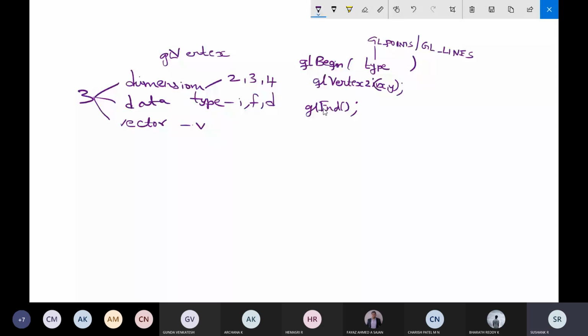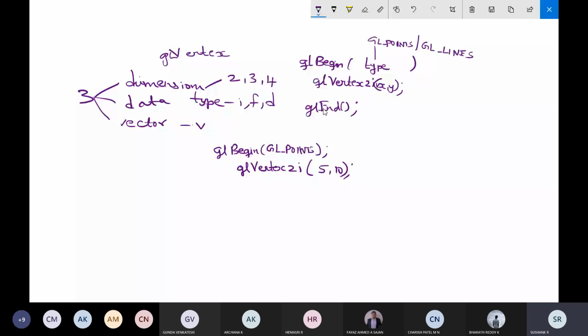For example, glBegin with the type points, GL_POINTS. After this, glVertex2i(5, 10), one point at that location.